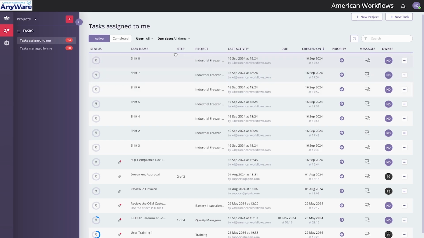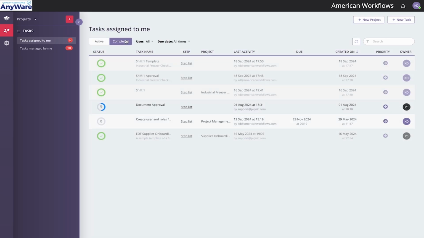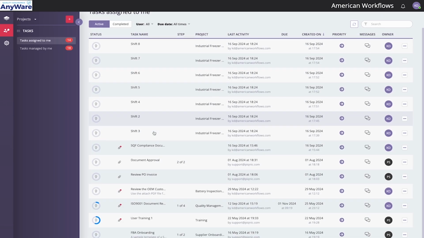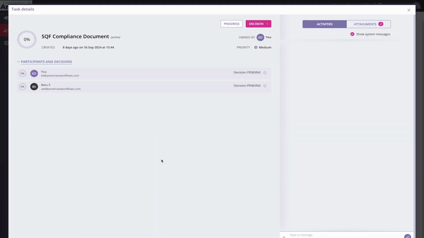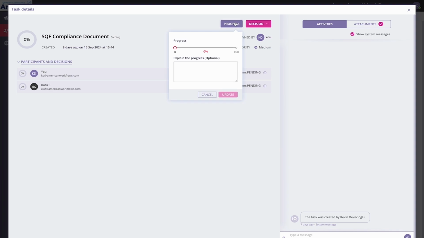If you want to see the completed ones, we can simply switch to completed, and you'll see all your completed tasks that are assigned to me. All right, so once we click on a specific task, for example, let's go with SQL compliance document, right? As you can see, this is a task created 8 days ago, and you can see all the participants and their decisions. As you can see, they're all pending. You also have a progress bar, if you